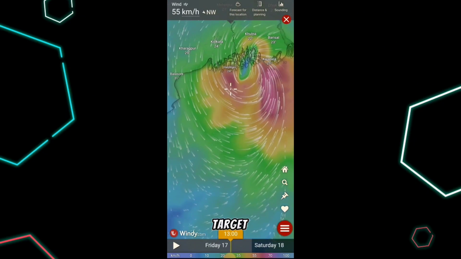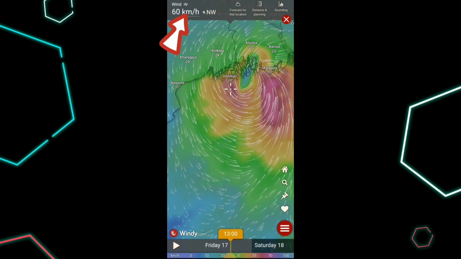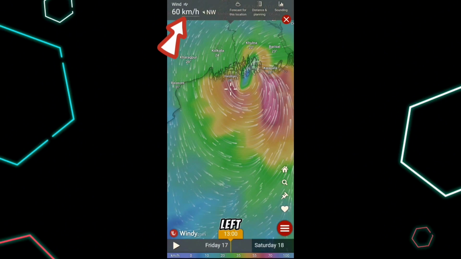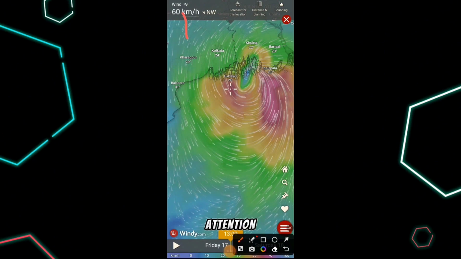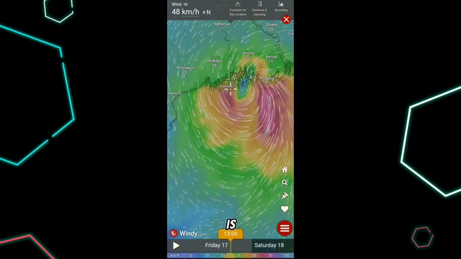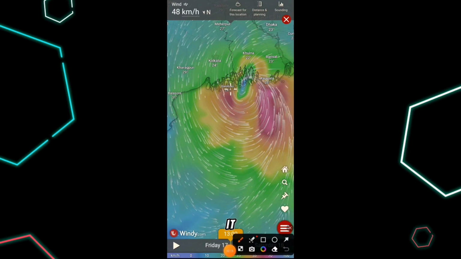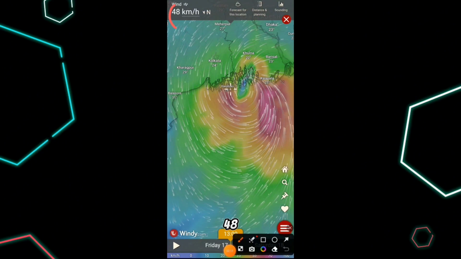You can see a target button in the middle of the screen. The location you place this button on will show the wind speed at the top left side of the screen. If you pay attention, you can see that whenever the location is changed, the wind speed is also changing. Now, I set the target at this location, and it appears that there is a wind speed of 48 km